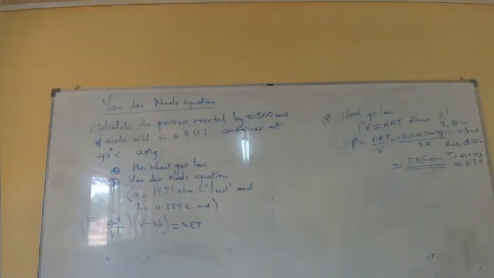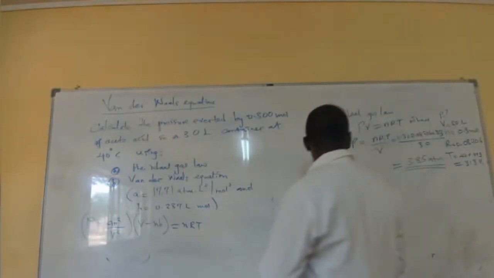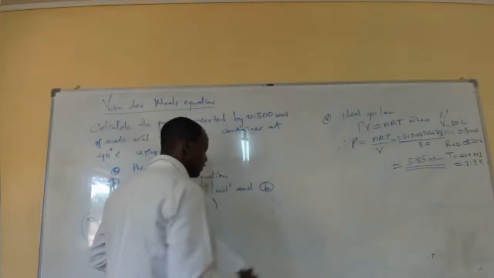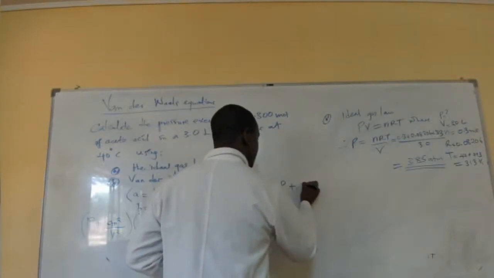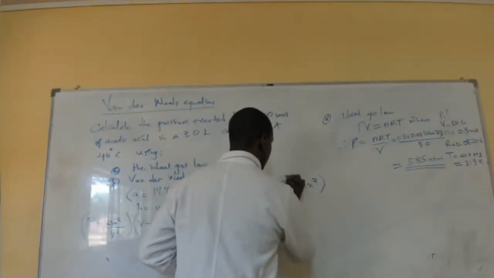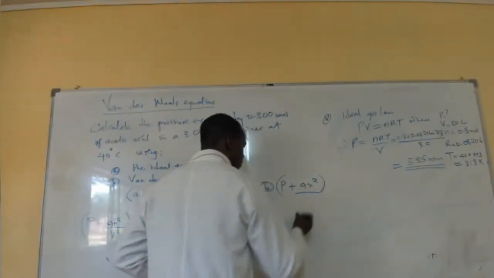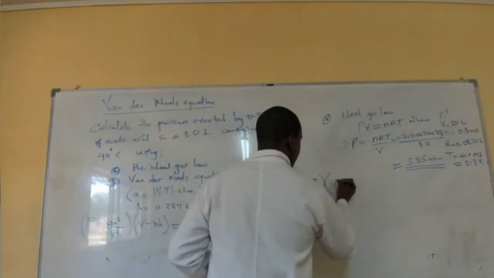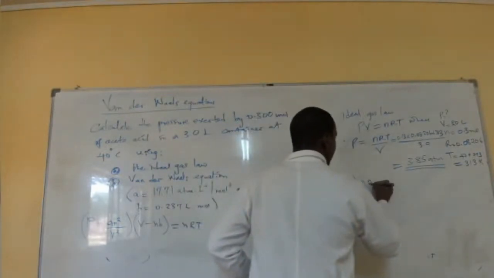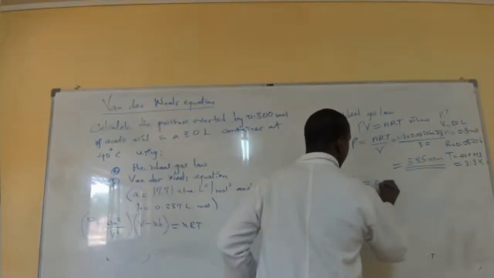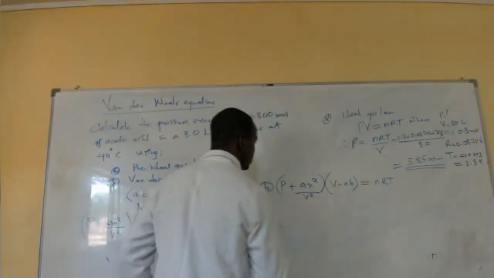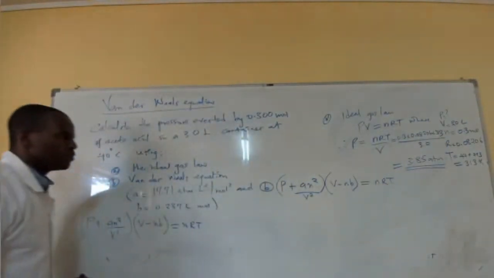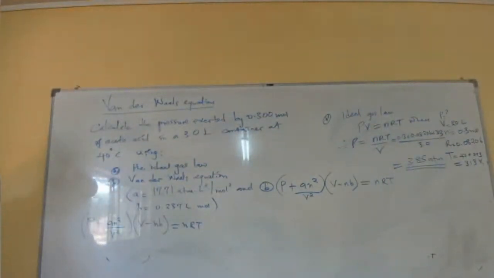Okay. If we use the Van der Waals equation, I'm saying P plus an squared over V squared, times V minus nb, is equal to nRT. So the pressure we do not know, but if we were to solve for P, which makes our life very easy,